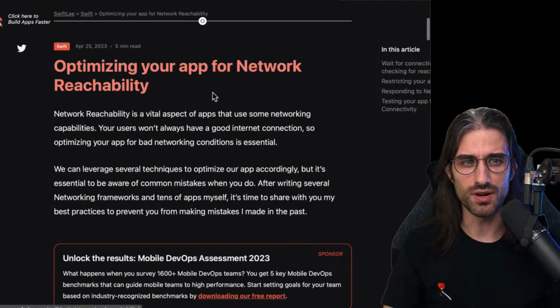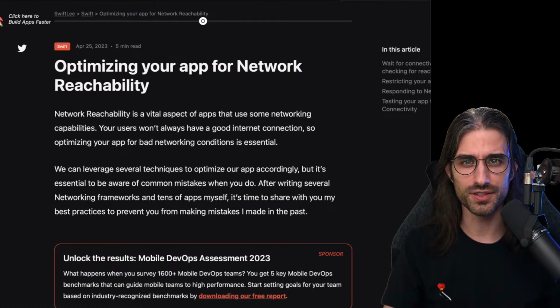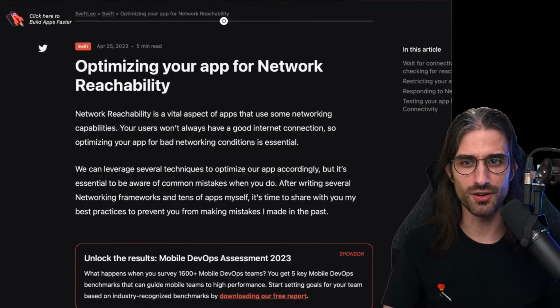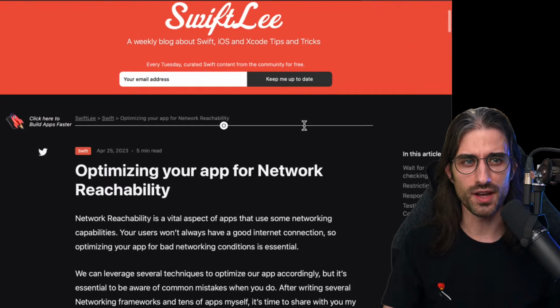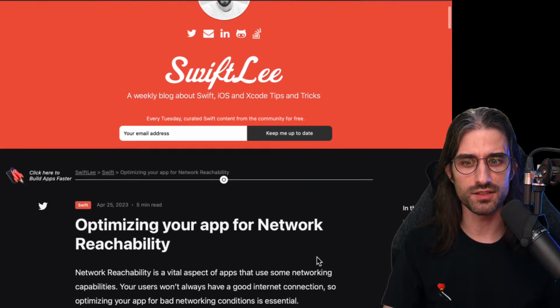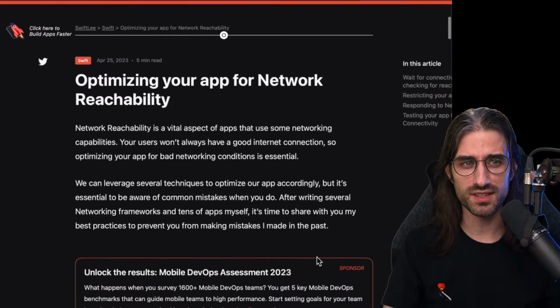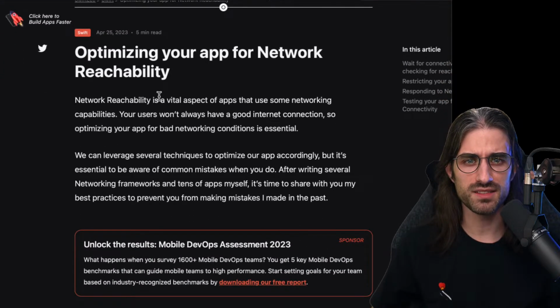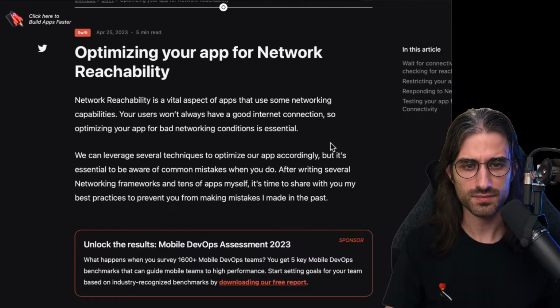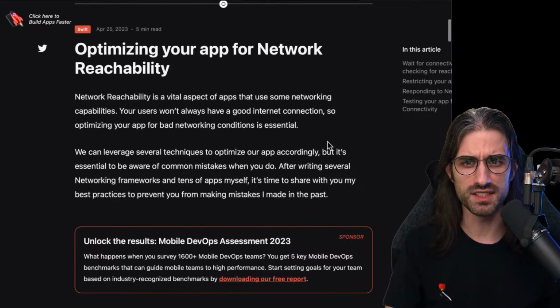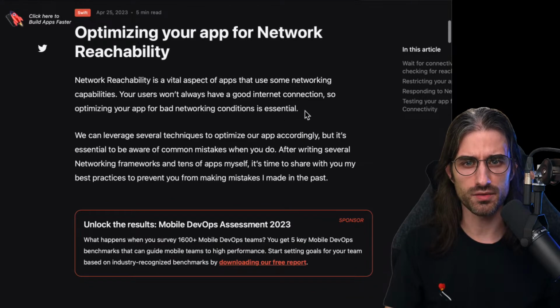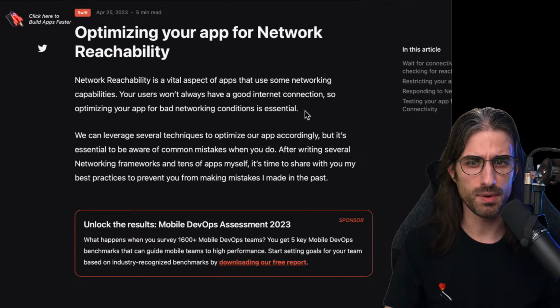And we are reaching the last article of this live. We are on Antoine van der Lee's blog with one of his recent articles about optimizing your app for network reachability. Network reachability is a vital aspect of apps that use some networking capabilities.